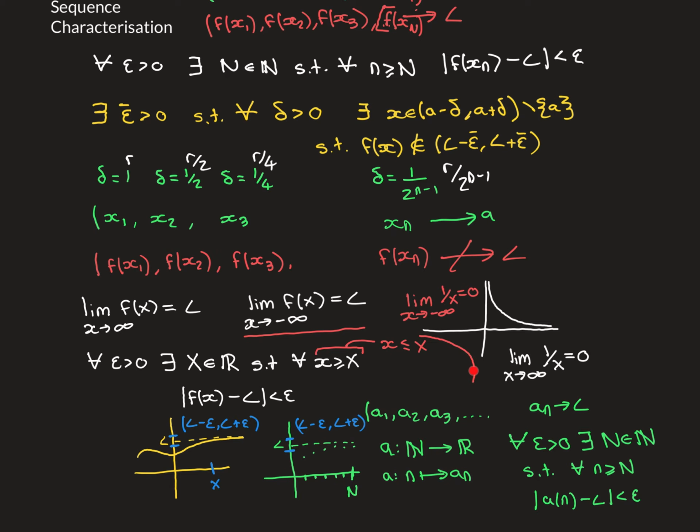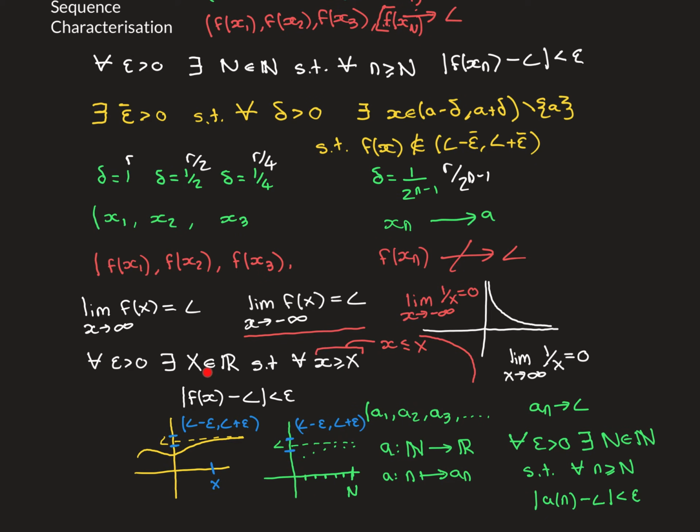So I've drawn on the graph here the other side of the graph of 1 over x. And if we consider the limit as x approaches negative infinity of 1 over x, it is of course still equal to 0, because as you get more and more negative, the value of the function gets and stays indefinitely close to 0. So understanding this definition, for however close we want to be to the limit, there exists